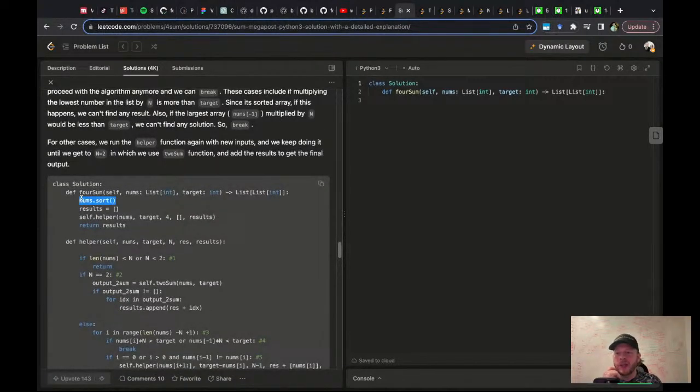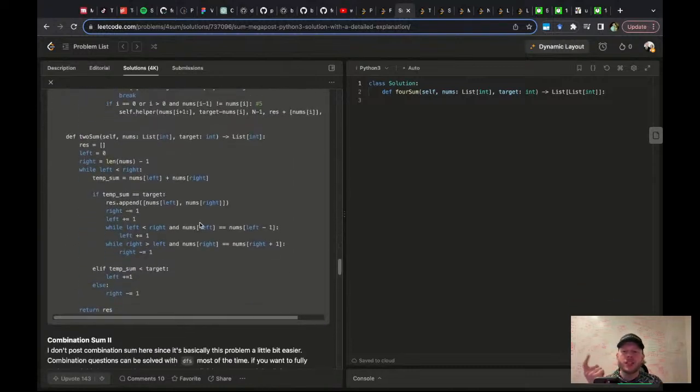So 4 sum is we sort the numbers and then they grab a helper function. Four is going to be just like that, it's 4 sum as opposed to 5 sum or something like that. So I like that it's generalized. That's really cool. That really crystallizes the pattern itself. And this is not too long to write.